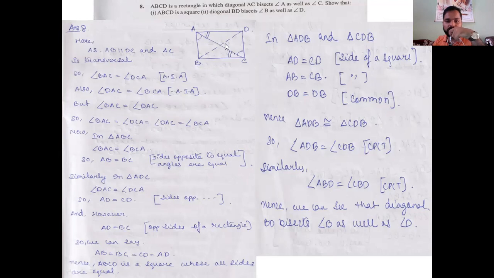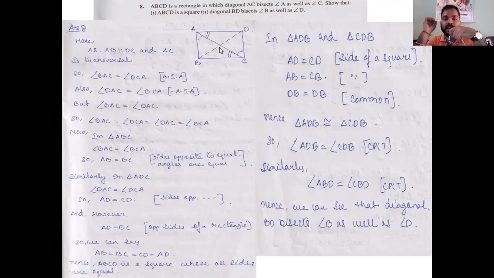And how will it be possible? If you consider these two triangles. If you can show anyhow that these two triangles are congruent, then by CPCT we can show that these angles and these two angles are equal to one another. So I did the same here. In triangle ADB and triangle CDB, AD is equal to CD. Just we proved above. Also, it's a square, already we proved. So AD is equal to CD, then AB is equal to CB, it's a square. Then DB is equal to DB, which was common for both. That is the diagonal.